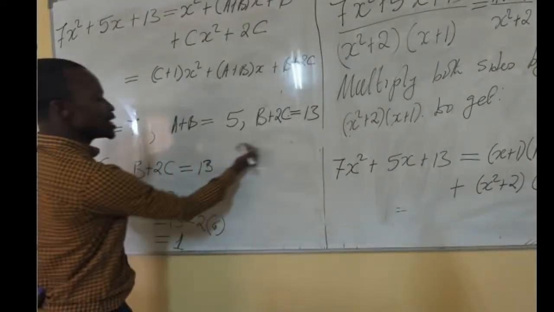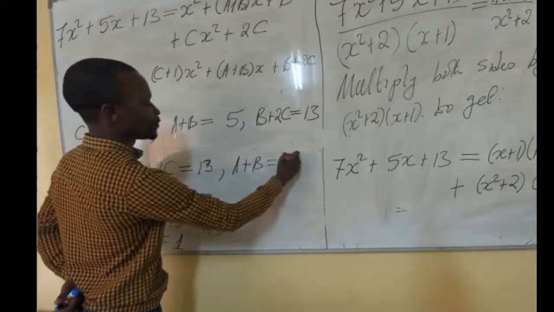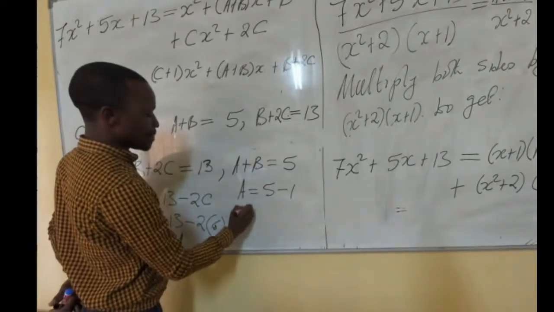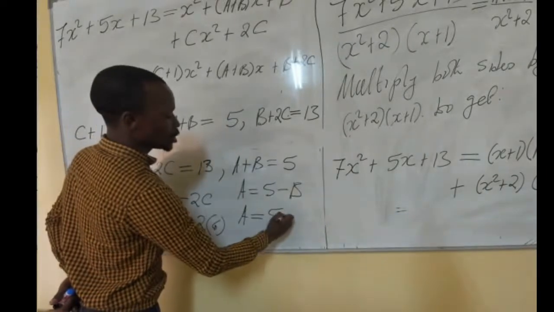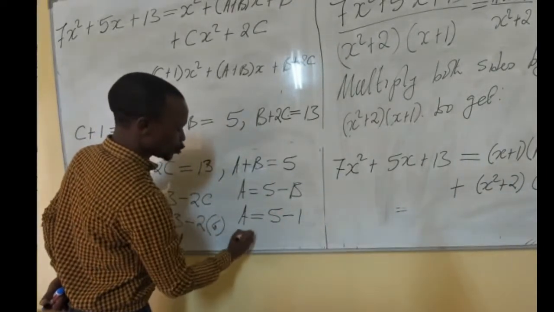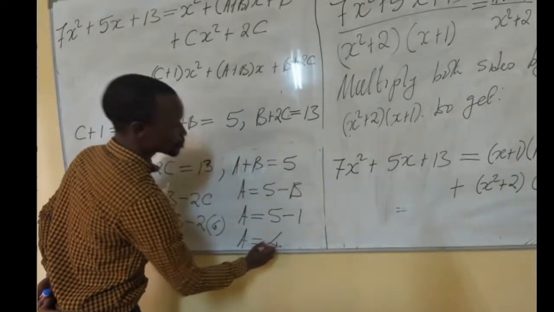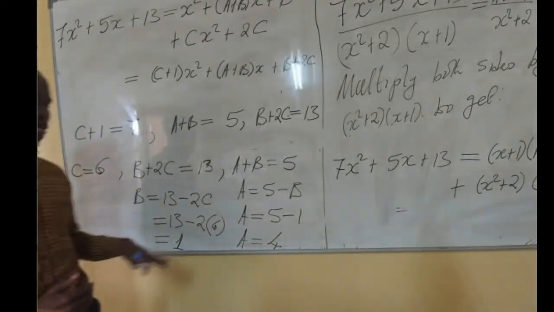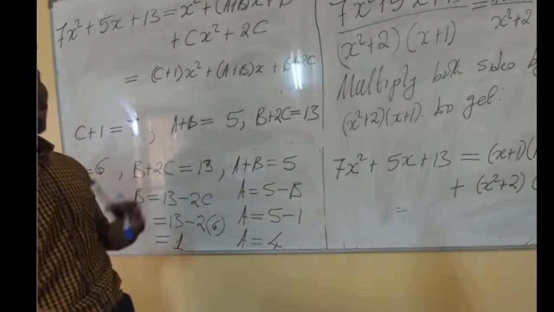Now, again, from A plus B equal to 5, what we have is A is equal to 5 minus B. Our B is equal to 1, so A is equal to 5 minus 1, which gives us A is equal to 4. So now we have found C being equal to 6, B being equal to 1, and A being equal to 4. Then our partial fraction,